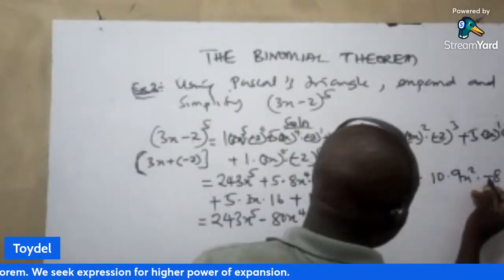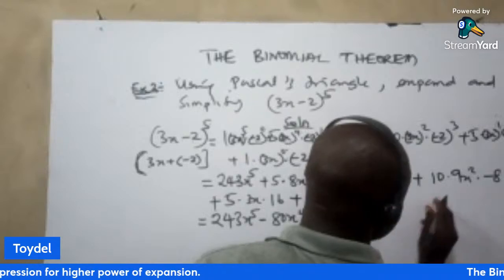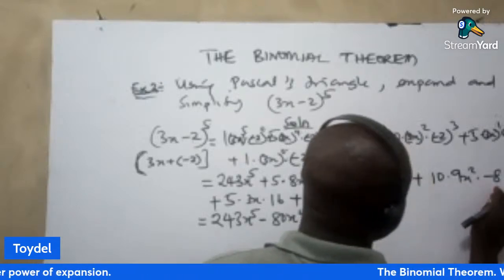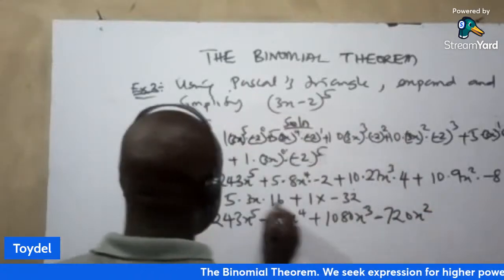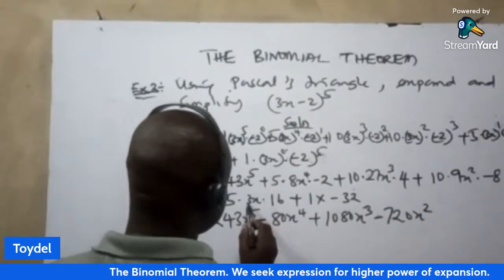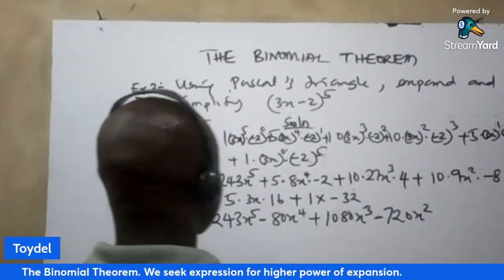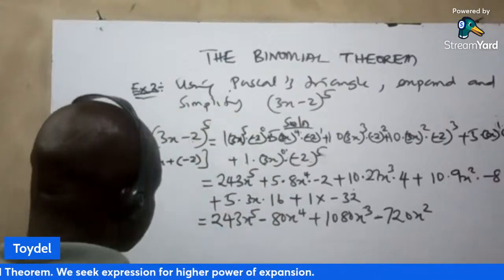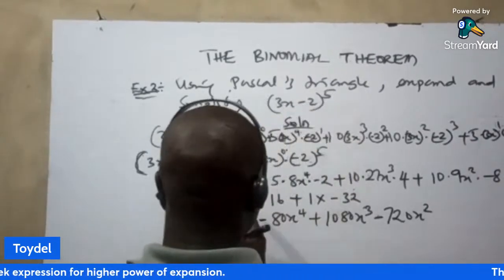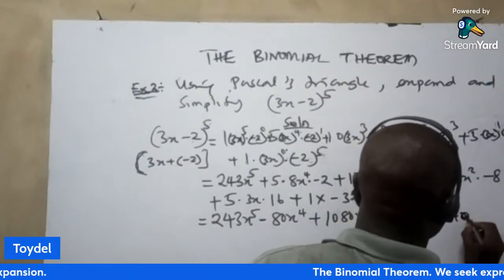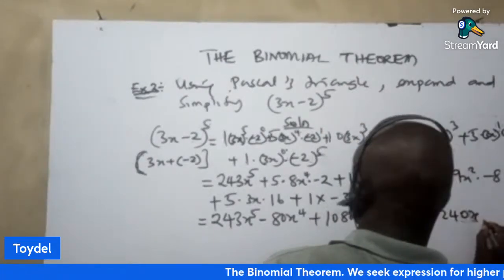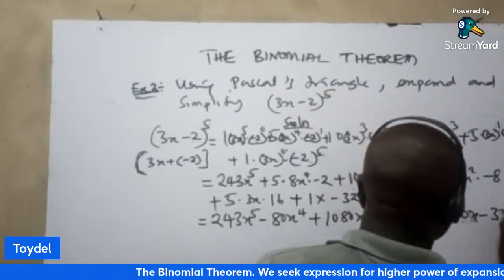Then in this case now we have minus times plus, minus 10 and 9 times 8, 72. 72 times 8, that's 720. 720x squared. Then in this case we have 3 times 5, 15. 15 times 16, that's 240. I'm going to have plus 240x, then minus 32, and that will